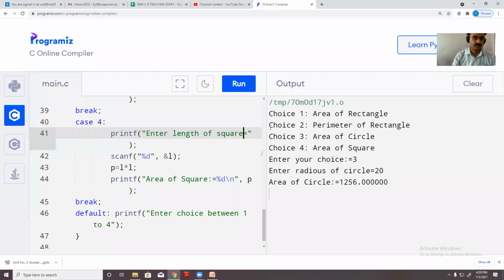See, if I give choice 4, length of square, let's say 10, L square, that is 10 into 10, it will give 100. Now I will run the program.